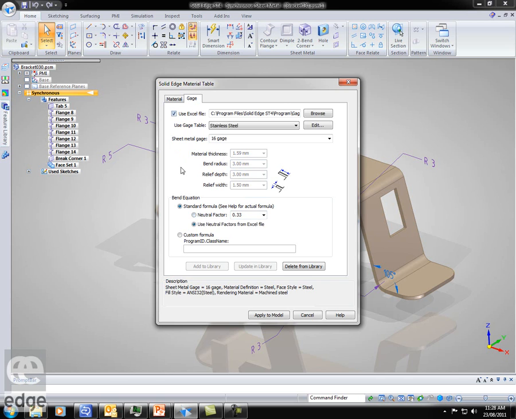We now have an Excel file, and if I pick up, say, steel, and let's say 12 gauge, you'll notice it automatically picks up the thickness, bend radius, etc. These are grayed out also. So if I pick up 20 gauge, what does it do? It changes those as well. So let's go back to my 16 gauge